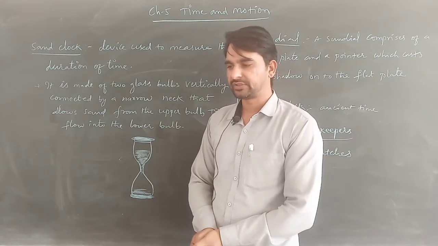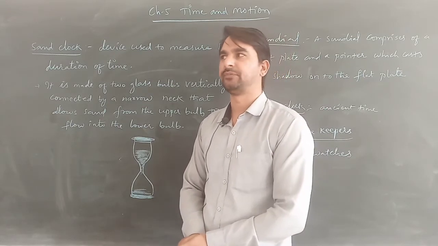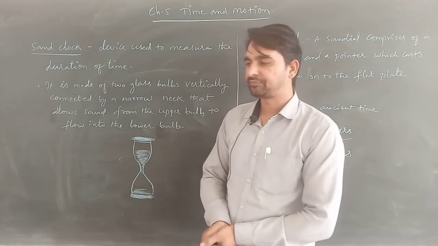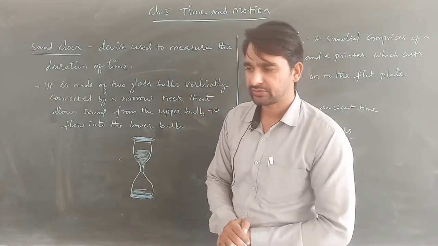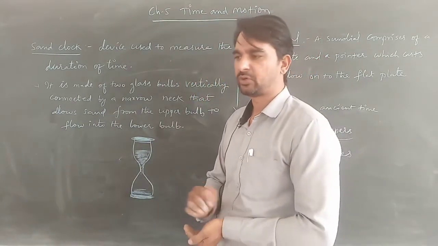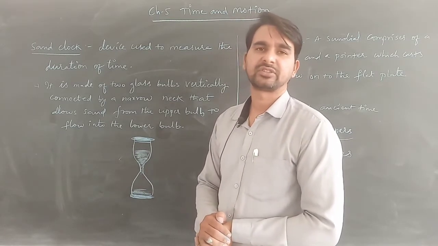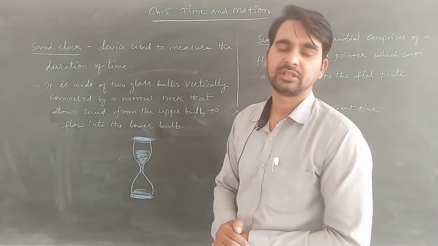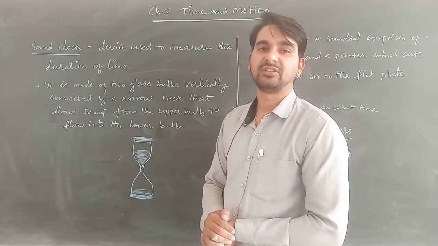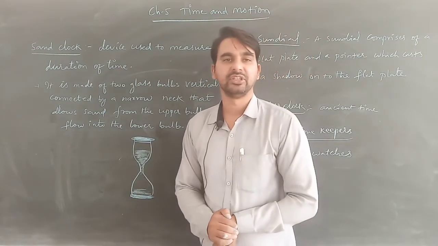So till now we have discussed measurement and how people in olden times used different methods for measurements. In the previous class we also saw the conversion units for time: 60 seconds equals 1 minute, 60 minutes equals 1 hour, 24 hours equals 1 day, 30 days equals 1 month, and 365 days make a complete year.